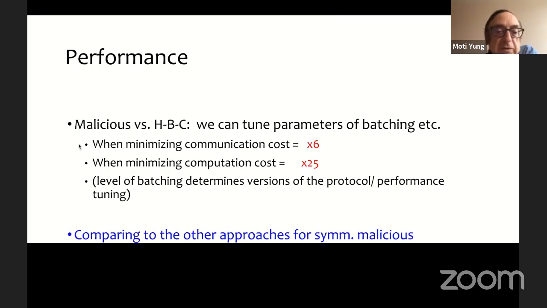So performance, what did we achieve? Malicious versus honest but curious. The version that minimizes communication does 6 times more work and communication compared to the honest but curious blueprint for the malicious. And when minimizing computation, we get 25 times more than the malicious computation that I showed you at the beginning.